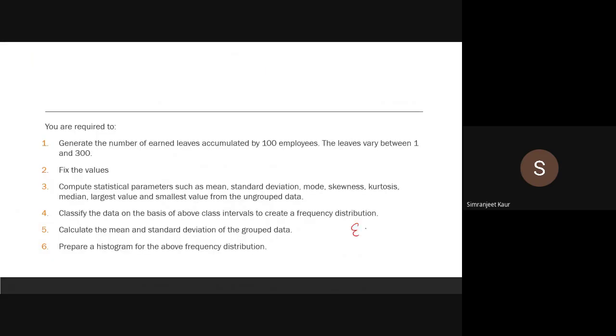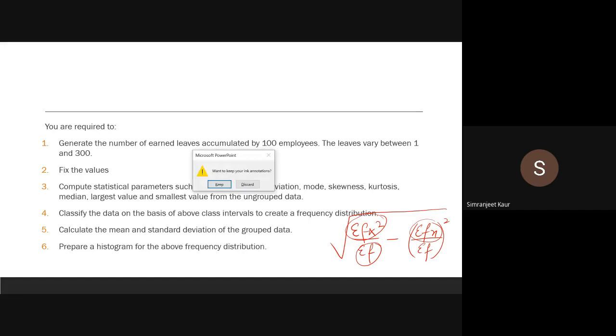See, the formula is square root of sigma fx square by sigma f minus sigma fx upon sigma f whole square, right? So under root in case of standard deviation. So whenever you have to calculate things, first always write down the formula so that you know what all you have to calculate, right? So I need sigma f here, sigma fx square and sigma fx, right? So let's go back to our Excel sheet.